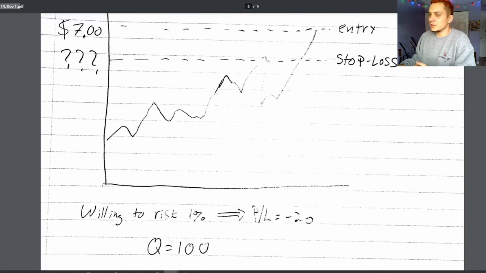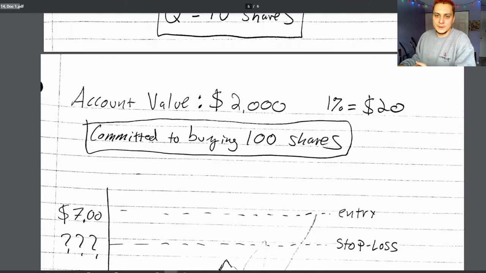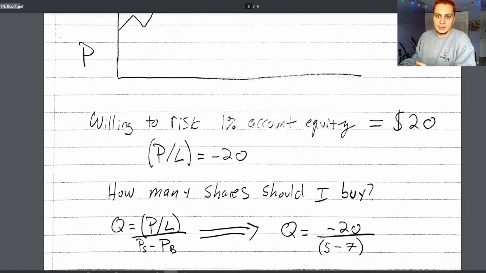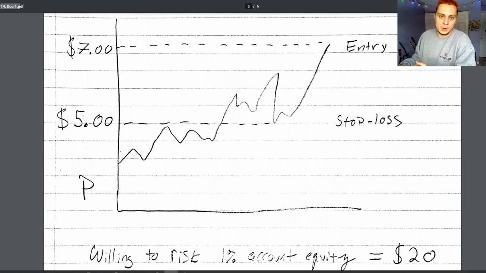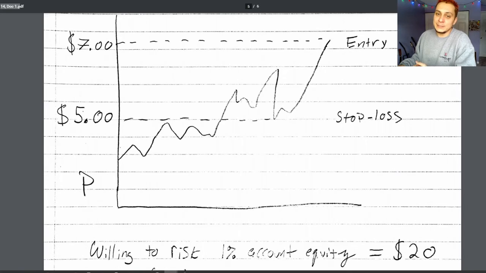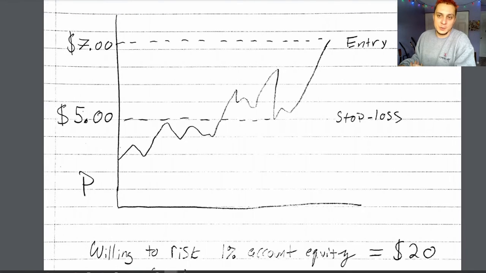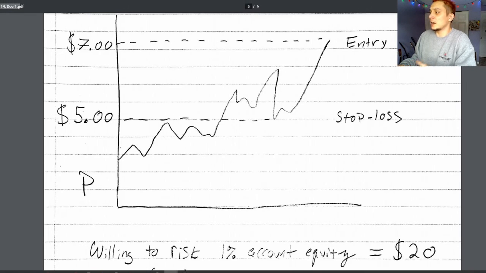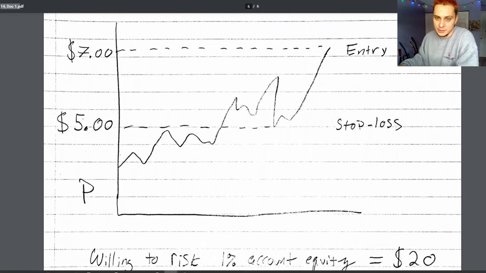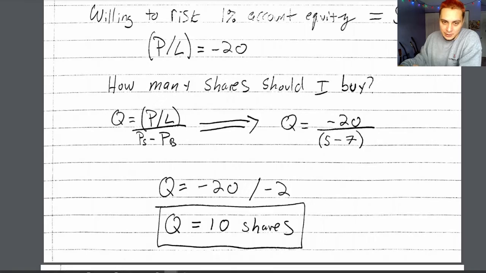So looking at these two examples, in our first example, if we're wrong, we can be really, really wrong and lose $20. It can crash all the way down here to $5 and we've only lost $10. But if it goes in our favor, we're not going to make very much because we only bought 10 shares. In this other example,